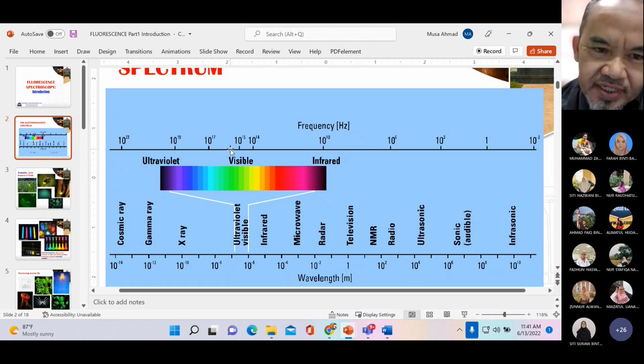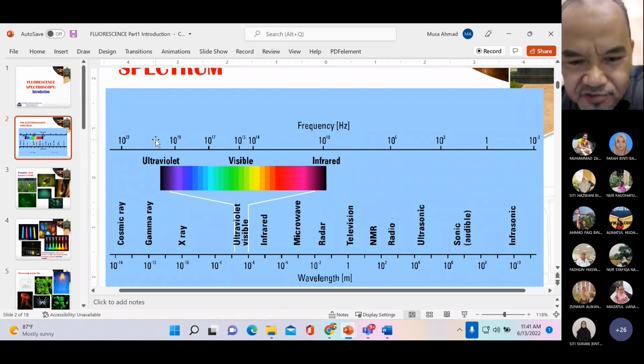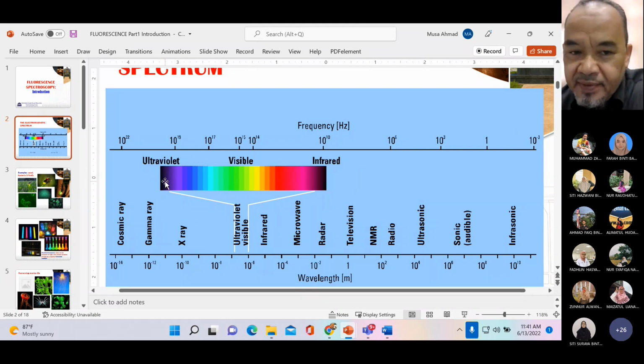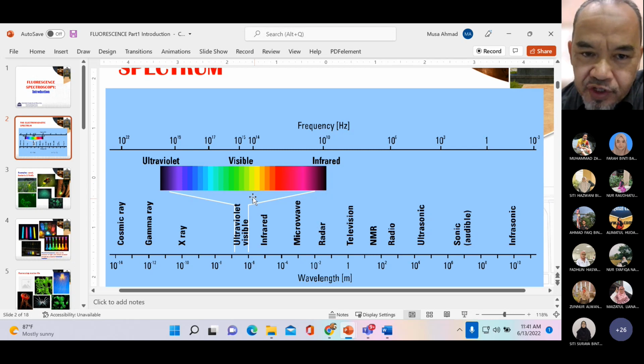And similarly in fluorescence, we also going to work still in the same region. Okay, kalau UV visible spectroscopy, actually we work in the UV and visible seperti nama dia. In fluorescence, we are still working in the same region as well. Okay, UV and visible. Alright. So makna excitation tu kebanyakan akan guna UV lah. Okay, because UV ni dia punya tenaga lebih tinggi, compared to visible. Alright.